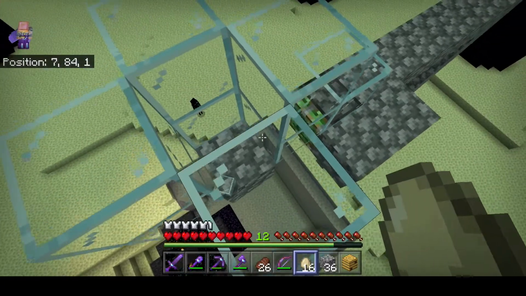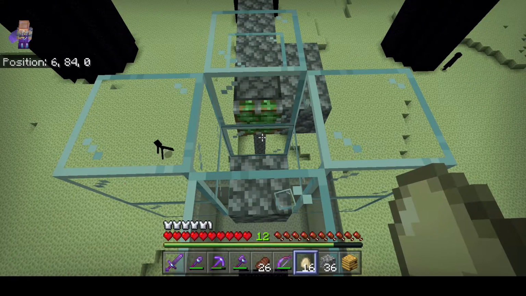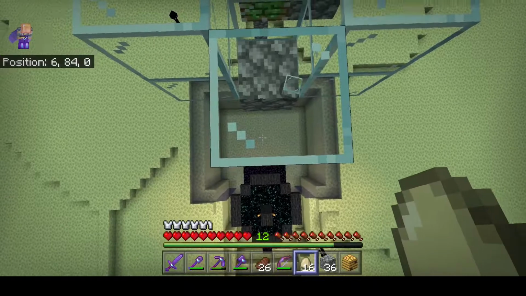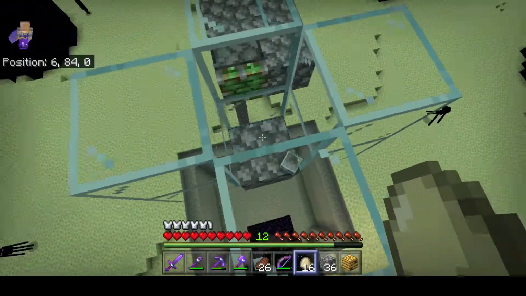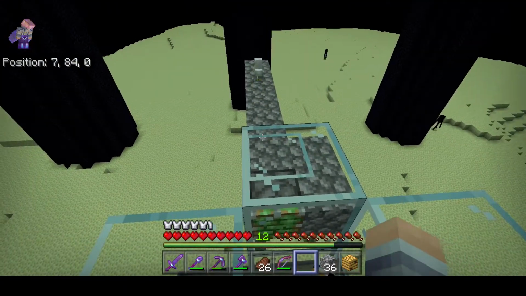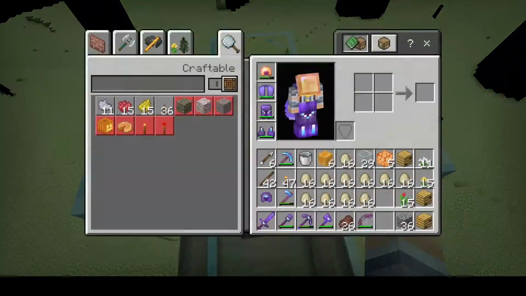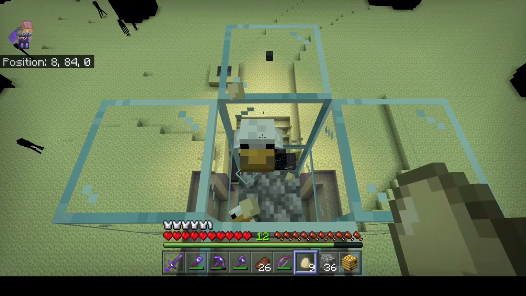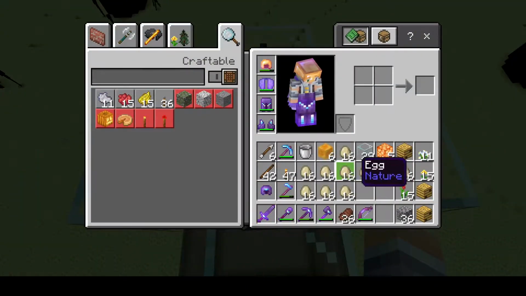I want to get wither roses, and to get wither roses, as I told you in one of the videos I did, I think it was 2 or 3 episodes ago, I can't quite remember, it's one that says Wither Killer update. If you have chickens down there on the water while the Wither is being hurt by suffocation, the Wither explosions damage the chickens. And the best thing about this is that the chickens, when they die to a Wither explosion, they actually drop Wither roses. So what I'm doing here is I'm going to set a bunch of these, since I have a lot of eggs,